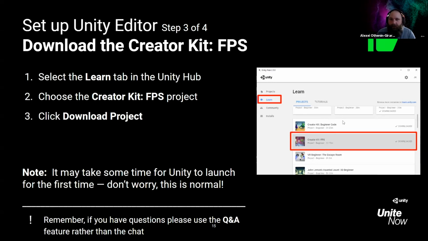It should be right in that list of projects. And if you click on it, you can download the project, and that will import the project, unspool it, and build a new project for you in Unity. So, once you've downloaded the hub, once you've downloaded Unity 2019.3, once you've downloaded the Creator Kit FPS, you can do that in 5 or 6 clicks, and you'll have all of the assets that you need to play with